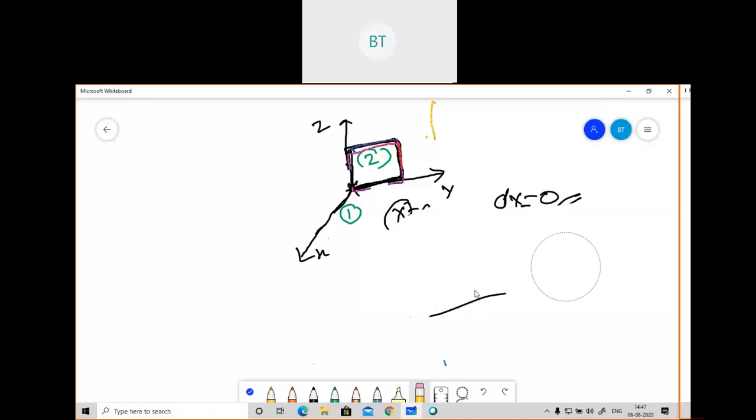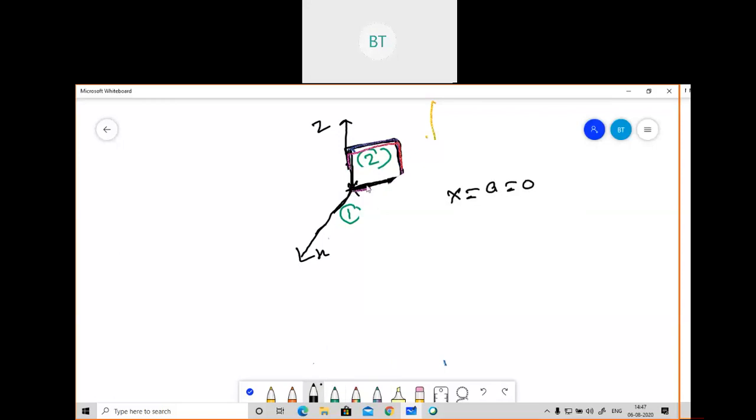So this is the basic thing you need to remember. Since x is fixed here, x equal to 0. We are talking about this surface. Earlier x was on this side, so we had taken one value. Now x is here at this point, so I take x equal to 0, and dx becomes 0. After that, y will vary from 0 to 3. And z varies from 0 to 2, which we are already aware of.